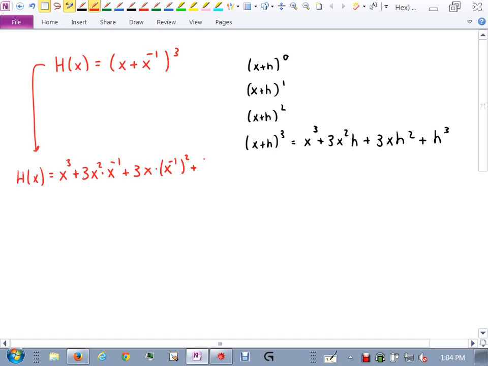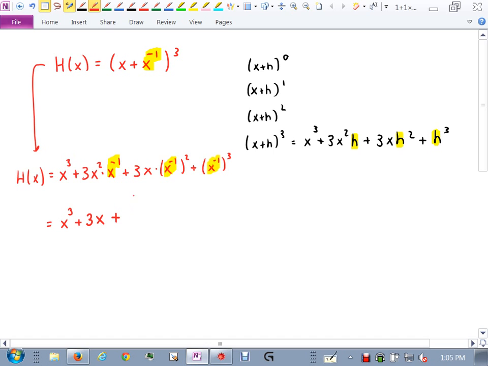Let me do one more and I'll explain here. Hold on. X minus 1 cubed. I'm replacing all the h's with x minus 1. I'm using the binomial expansion to just make it easier than actually having to multiply it out by hand. Now this becomes x cubed plus, what's x squared times x to the negative 1? What do you do to these exponents? Add. 2 take away 1, right? So 2 take away 1 would be 1. So that's just 3x